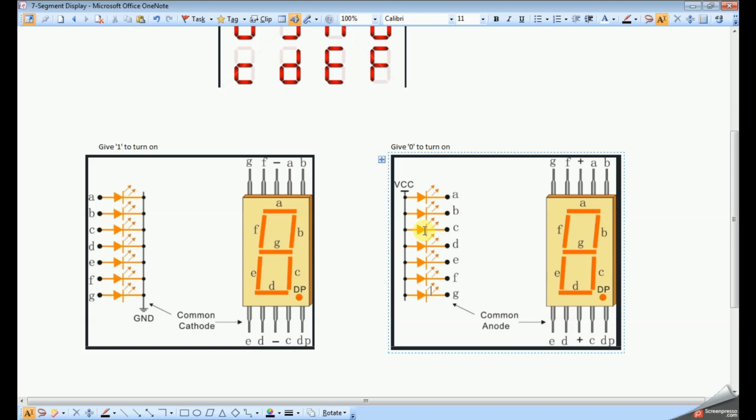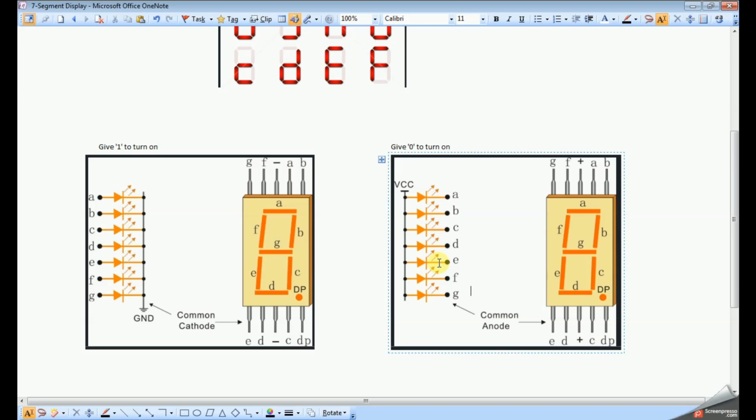So all anode terminals of the LED segments are connected to a single common VCC, as you see here. The other side, the terminals given as A, B, C, D, E, F, G, are connected to the cathode terminal of the LED.